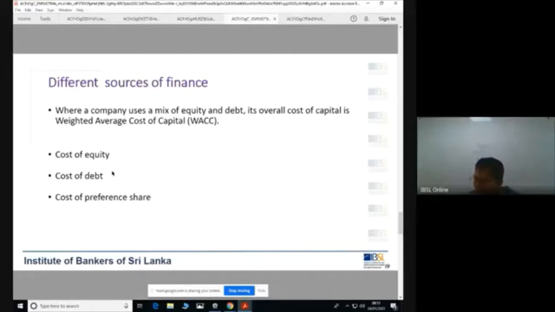Now, if you take a company, I have just drawn it, share capital, then you have accumulated profit, which is reserves. There is a cost of it. Borrowing, you have a cost. Company has to pay interest expenses. Company has to pay the interest. Cost of borrowing, which one? Interest. Cost of equity, what is that? Dividend.